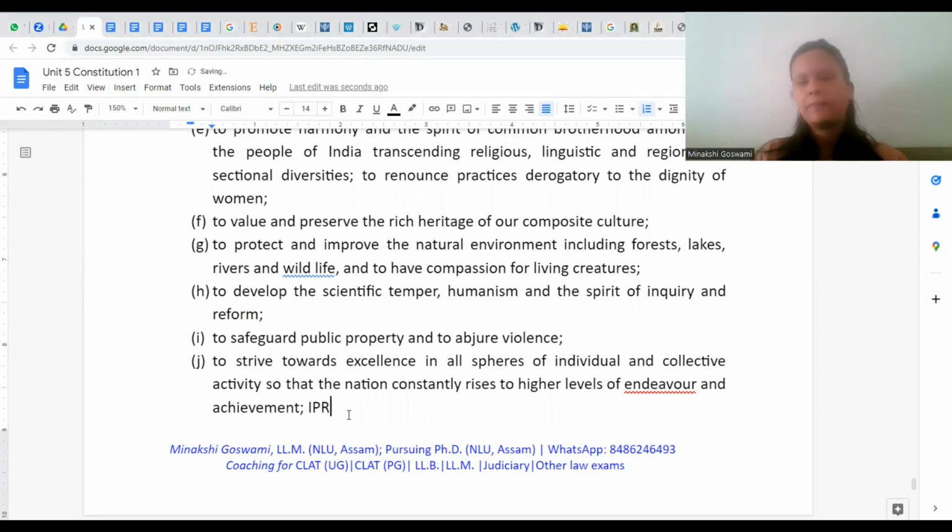When we talk about IPR, intellectual property rights is like an area or a subject. We don't have a legislation called intellectual property rights, but we have multiple legislations to protect different things. Like you said, trademark, we have the Trademarks Act, Copyright Act, Patent Act, Designs Act. Like that, we have different legislations. All of these are trying to protect the intellectual properties of a person.